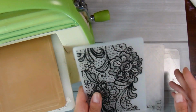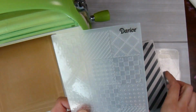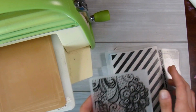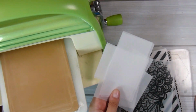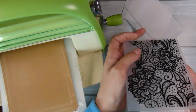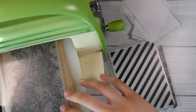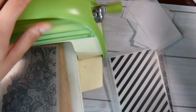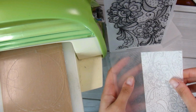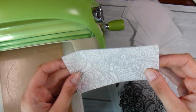And next up I have these embossing folders. In fact, this is my whole embossing folder collection. And I am going to emboss some vellum, and that will become the backgrounds to some of my tags. So I have some vellum scraps here. They're kind of in all different shapes, and that's okay. But I'm going to run them through my Cuttlebug machine with my squishy embossing mat and emboss all of this beautiful vellum. It comes out really nicely,